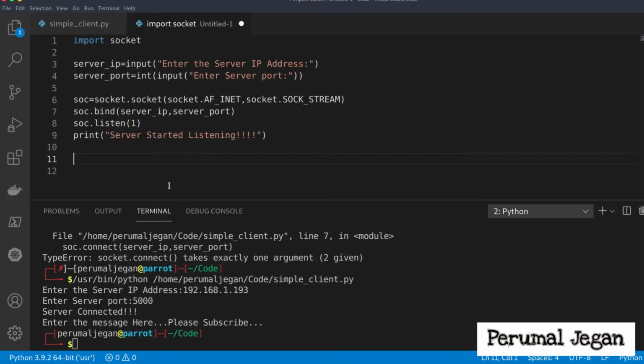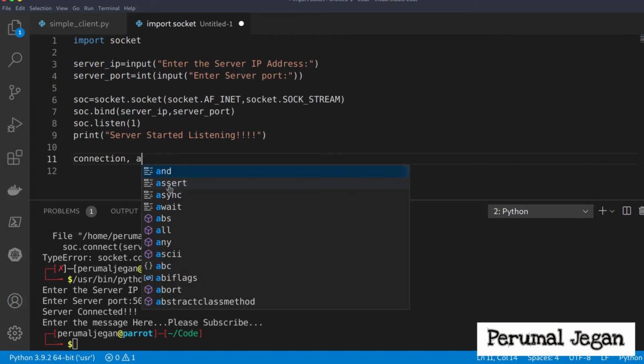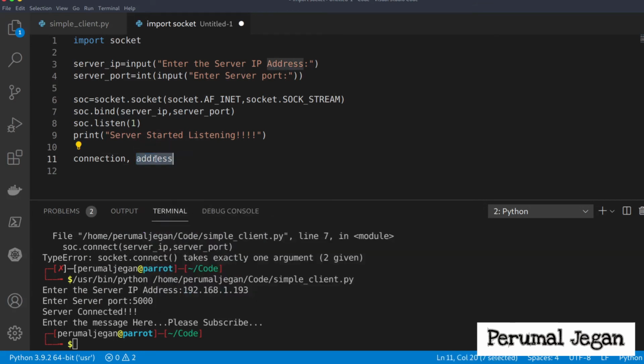Done. Now the next thing, when it receives the connection, it has to accept it, right? For that, we need to use another function called accept. But we are going to write this in 2 variables. Let me mention connection and address. This address is nothing but the client address.